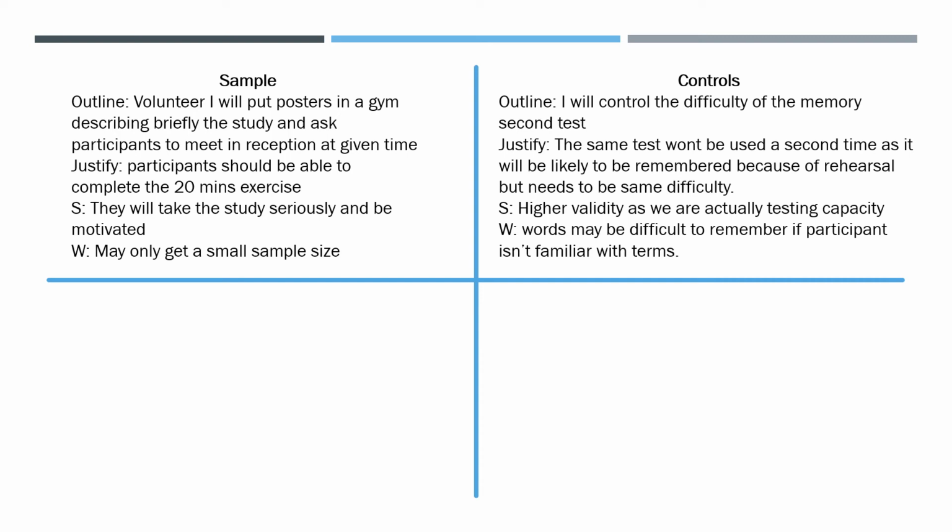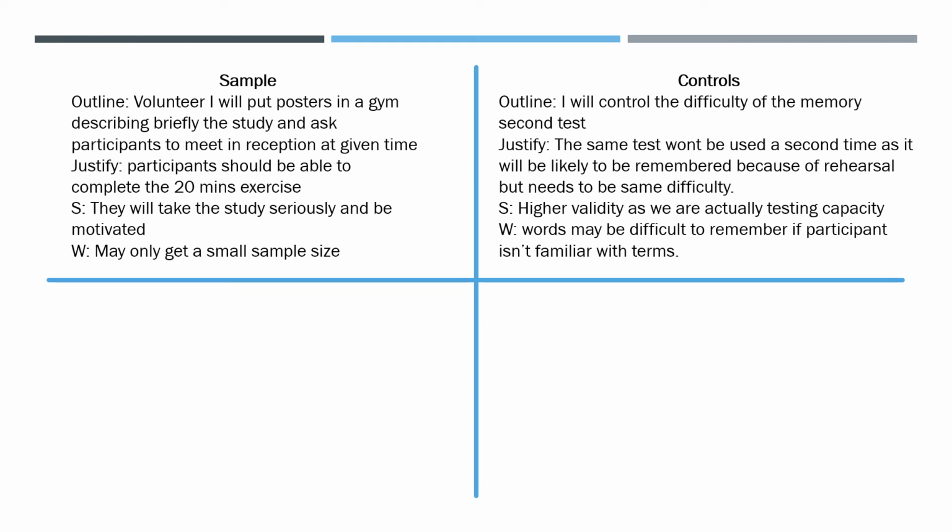Controls, I've just gone for one, which will be I will control the difficulty of the second memory test. Justification is you can't use the same test the second time around as it will be likely to remember because of rehearsal, but it needs to be the same difficulty so that the two lists can be compared. So strength, it's got higher validity as we will be actually testing the capacity of memory because it won't be